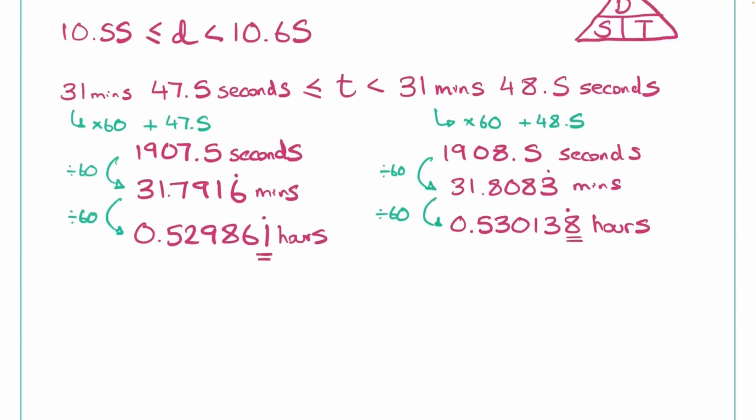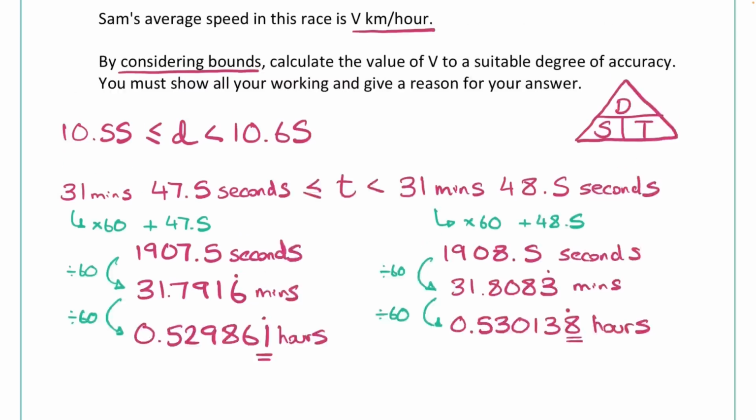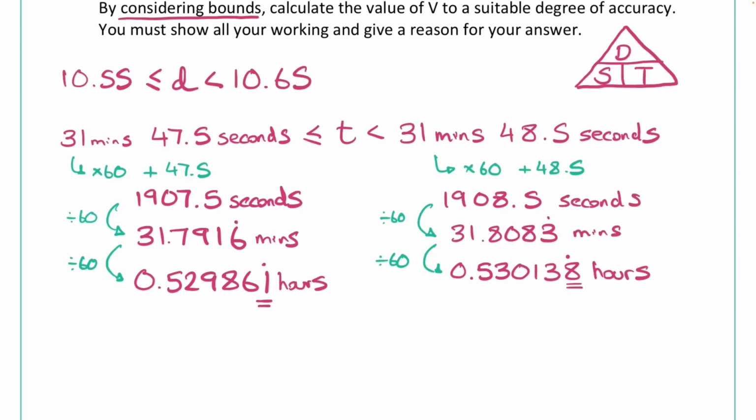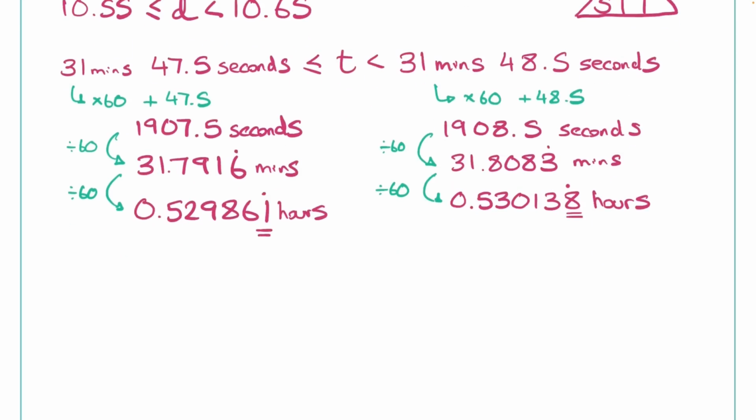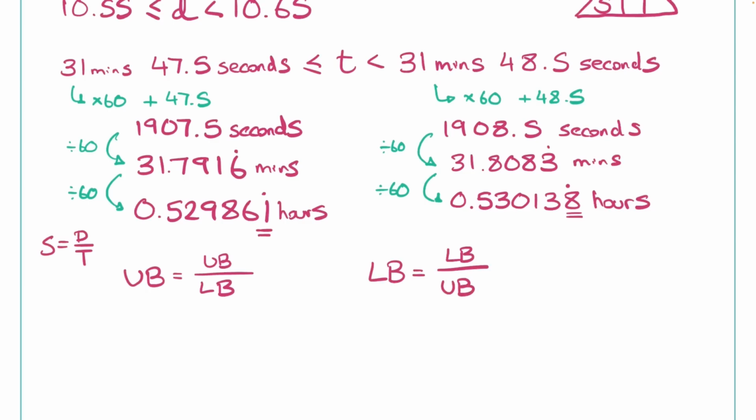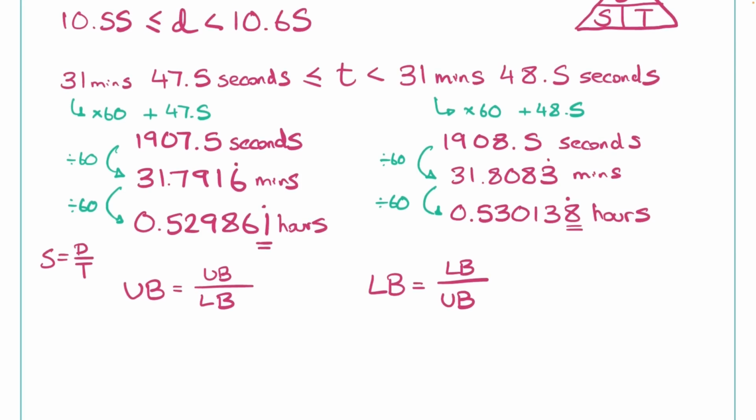Okay, so we've got all of our pieces. It took enough work just to get these numbers in hours, but I think the next step's relatively nice. So to get the upper bound, and remember we're doing speed is equal to distance over time, I want the upper bound of the distance divided by the lower bound of the time. That's the biggest number divided by the smallest number. For the lower bound, I want the lower bound of the distance divided by the upper bound of the time. So in terms of the upper bound of the distance, that was 10.65. So I have 10.65 divided by the smaller time, which was